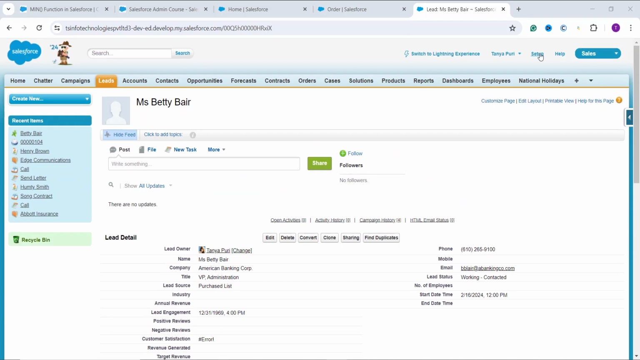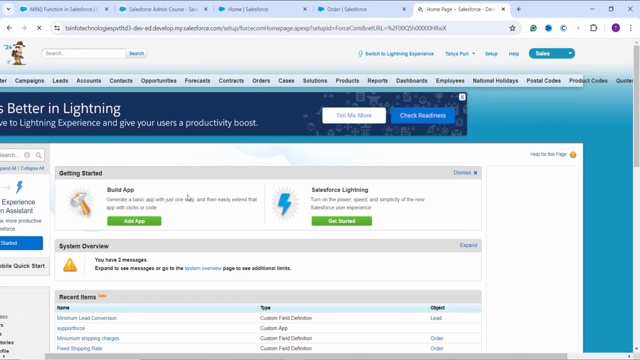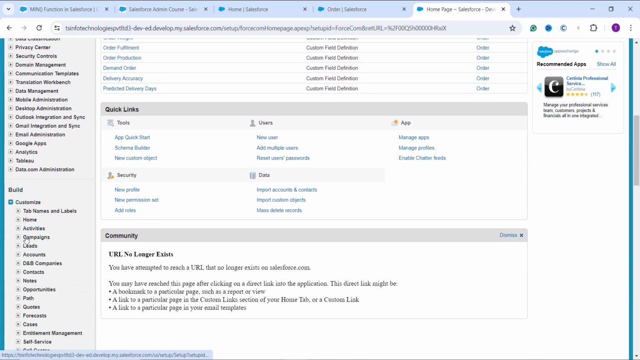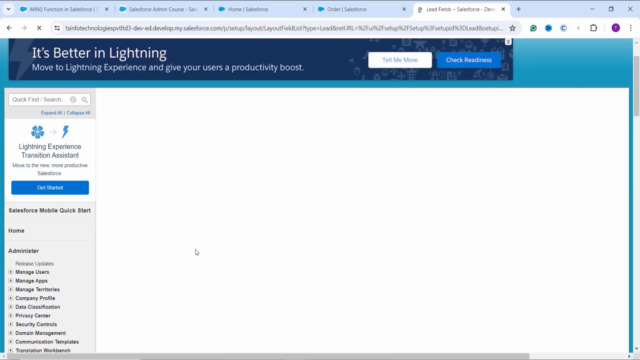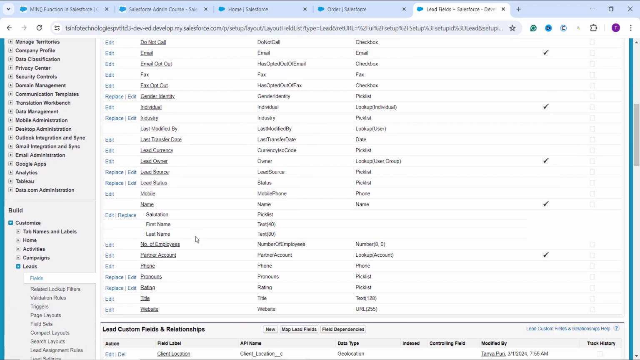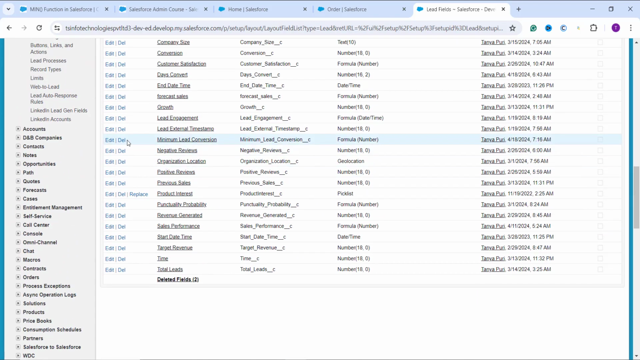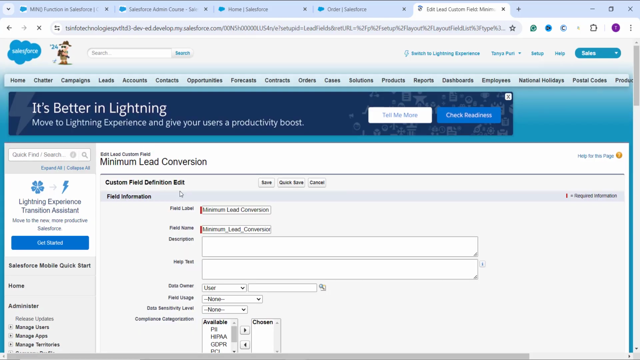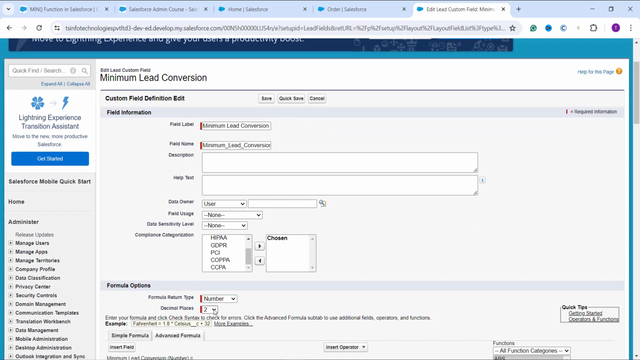So I want to let you know something. Again, I'm going to click on setup, and from here I am working on a lead, so I am going to the lead again, and here I click on lead, click on fields. Now I am trying to search for my field that I have created. Here it is, lead minimum lead conversion. I click on edit. Now here the decimal places is set to 2. I change it to 0 and click on save,